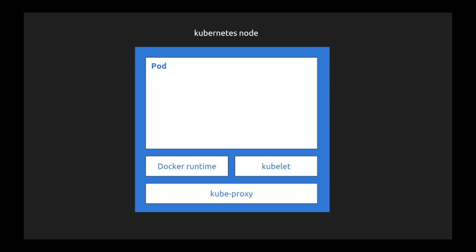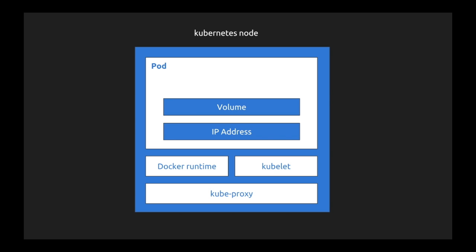So every deployment in the Kubernetes cluster runs in a pod, and a pod consists of different components. One is the IP address. Every pod is assigned a unique IP address, and it also shares a single volume. This is the Linux volume which different processes running inside the pod will be using. And over this, the runtime would be Docker instances or the containers. So in a single pod, you can have multiple Docker containers. Pods can have multiple containers or a single container, and they share the same IP address and the volume.